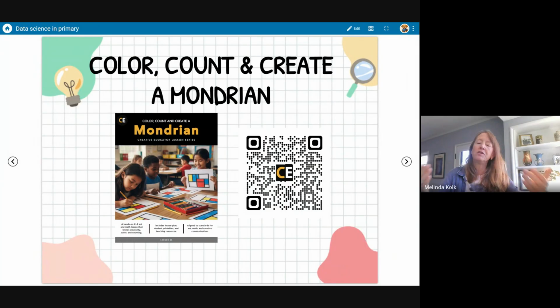But then they're also learning to communicate. Specifically, I think there's a kindergarten standard about location: above, below, larger, smaller. I'm being very descriptive about how I am identifying, collecting my data, and doing that measurement. And then, of course, this can also be an art project, and they're going to use lines and colors to create their own Mondrian-inspired art. So it's a fun way to do that for very young students. It hits a kindergarten standard, and it does that whole data science process throughout the entire piece.